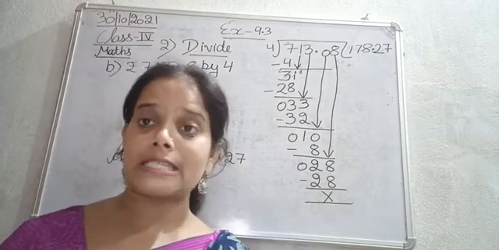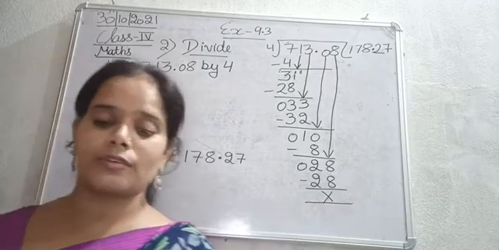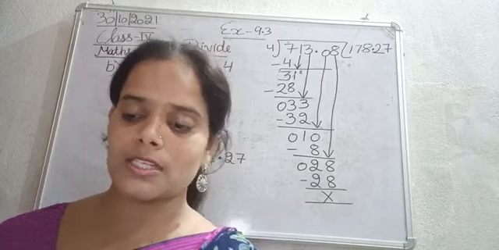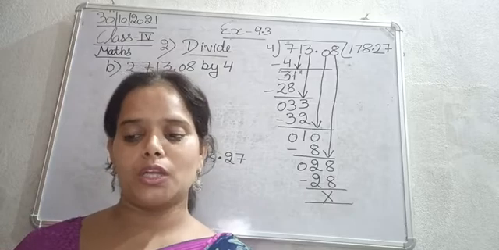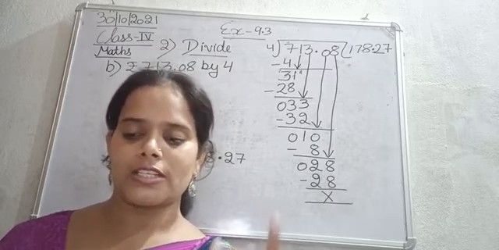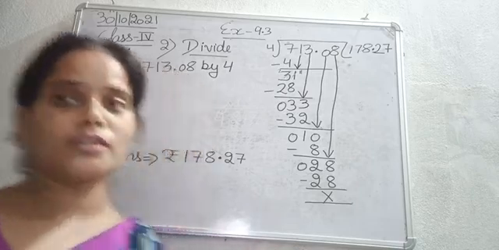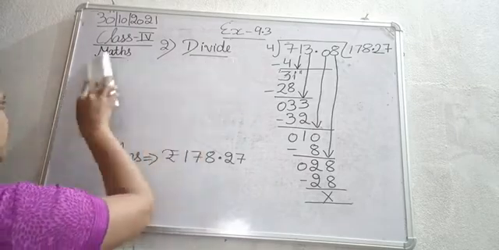So similarly, the C and the D part are the same. In the C part, we need to divide 826 rupees 72 paise by 16, whereas in the D part, we need to divide 965 rupees 80 paise by 22. So just try to do these two sums by yourself. I'll discuss the D part with you all, and the C part you do on your own. So the C part is your homework of question number 2. We'll discuss the D part here now.